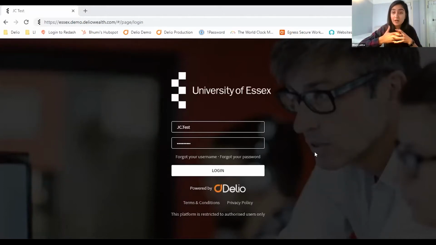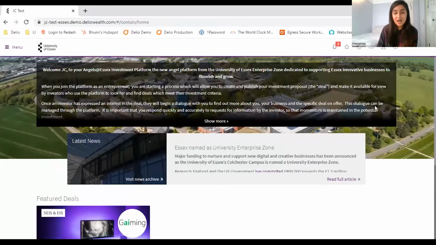As soon as you've received that invitation, the first thing you'll need to do is have a username and a password. Those will be needed in order for you to access the platform each time. This is just an example, so I'm just going to quickly move this across here, and I'm going to log in to my account. Perfect. So the first time you log in, what you will see immediately is an add deal process.